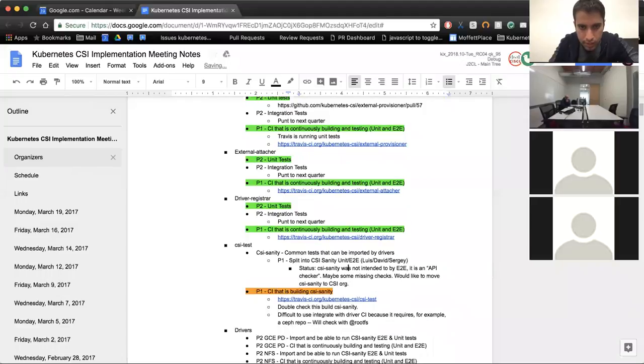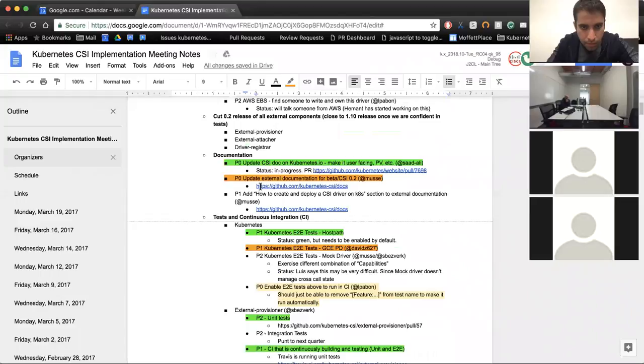So current status is CSI Sanity was not intended to be E2E. Maybe some checks missing that you're going to add and then move it to CSI org. So that looks like it is in progress. So going back to the mock